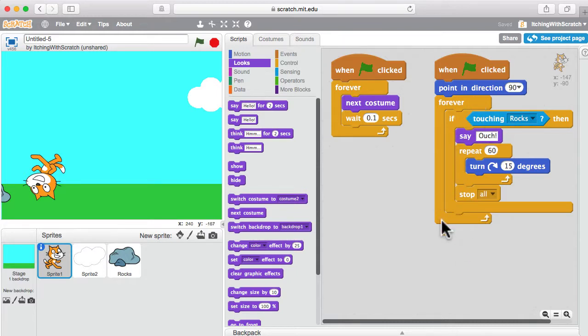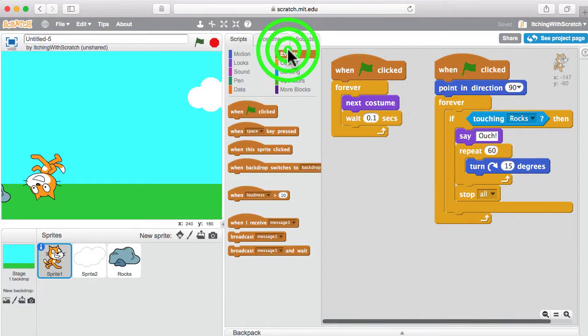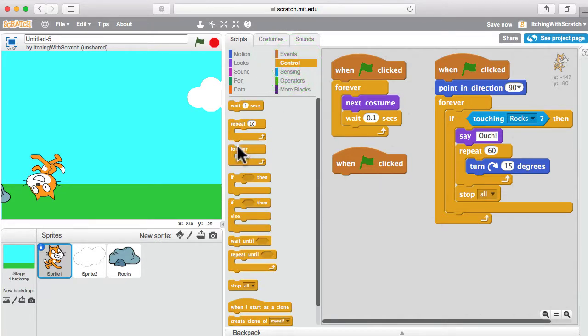But we don't want to... We want to change our costume all the time. We want to always check if we're touching rocks. And we want to be able to jump at any time. So we might need to have a third when the green flag is clicked. This way, any one of these tasks doesn't get in the way of doing the other task. You can rub your belly, pat your head at the same time, and chew gum. We're adding chewing gum to this. So here, we want to forever